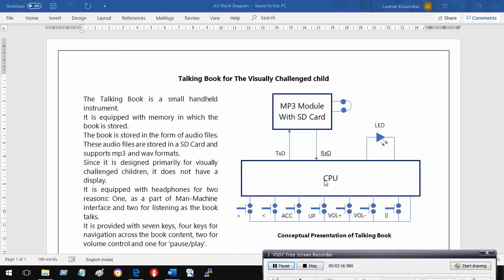So my CPU should have 8 input output ports or pins and 2 serial pins. So 10 pins are required for this. Then it will have 2 power supply pins, 10 plus 2, 12. Then it will have a programming pin and a reset pin, 2 more pins. So it becomes 12 plus 2, 14.